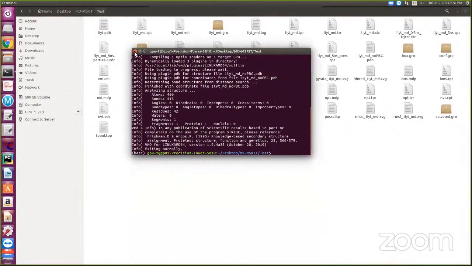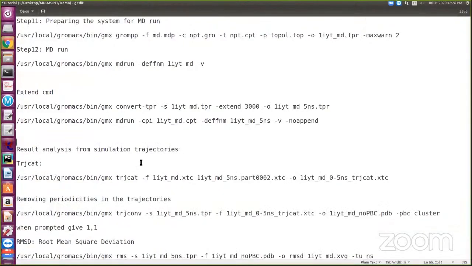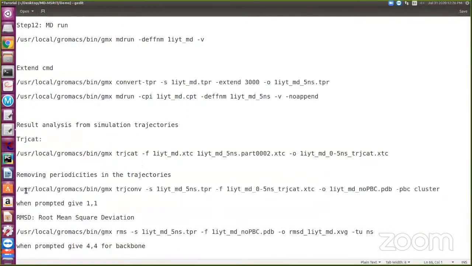One second, I'll check whether the simulation is completed or not. It is going to complete within 46 seconds. Can I show how to generate the RMSD graph for this? Yes, sir. I'll show only this 1 nanosecond RMSD graph, and after that we can complete the session because we don't have time. Otherwise I could show the extension and all the commands, but the commands are available here and you people can take them out. But I have to perform these things now.